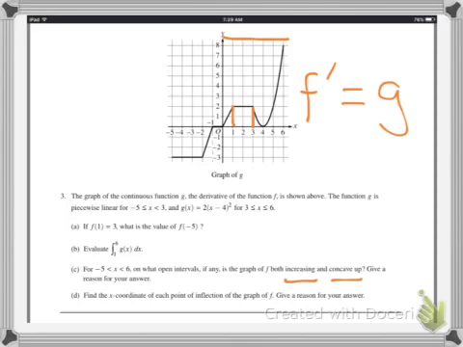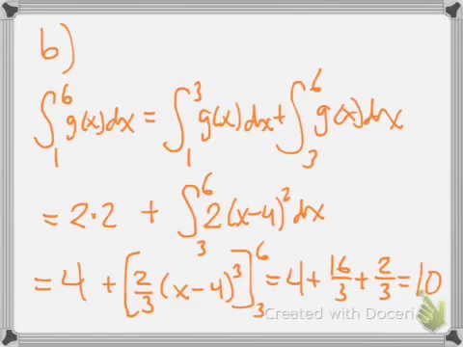So from 0 to 6, where is this graph increasing? And it's increasing from 0 to 1 over here, and it's increasing from 4 to 6 over here. So those are the two intervals that we're looking for, because the derivative is positive and increasing, which means f is going to be increasing and concave up. So if we want to write that down, we would say f is increasing